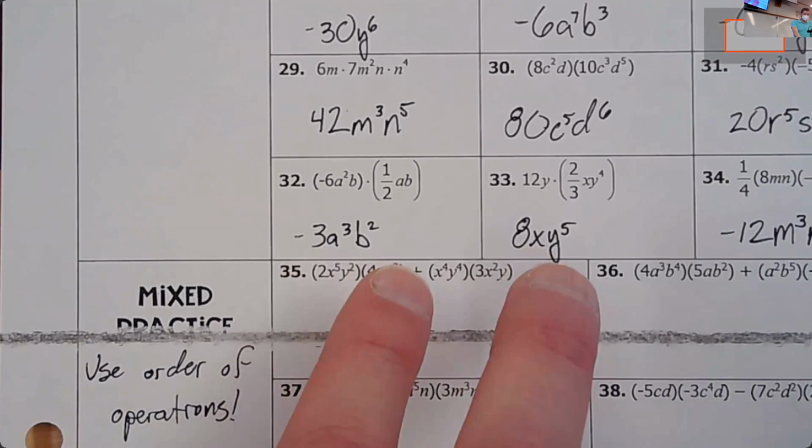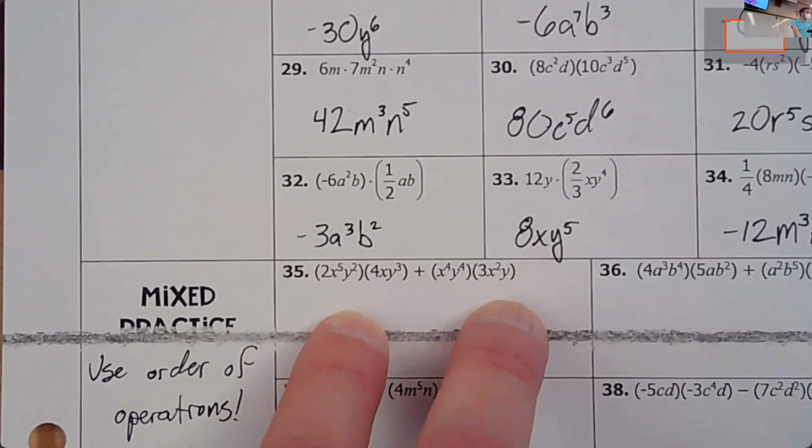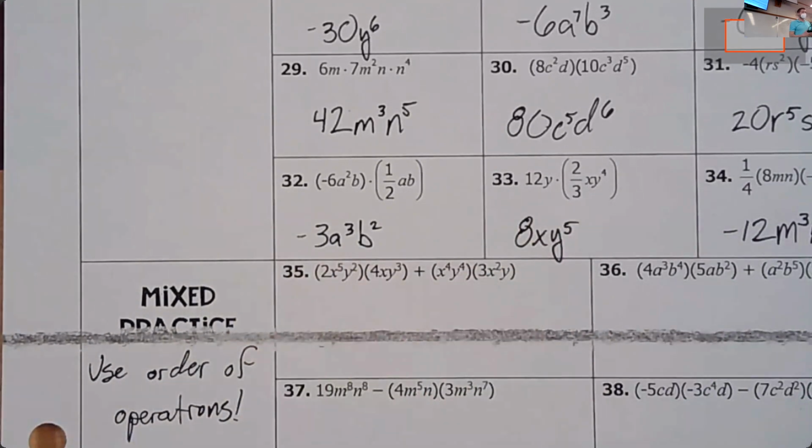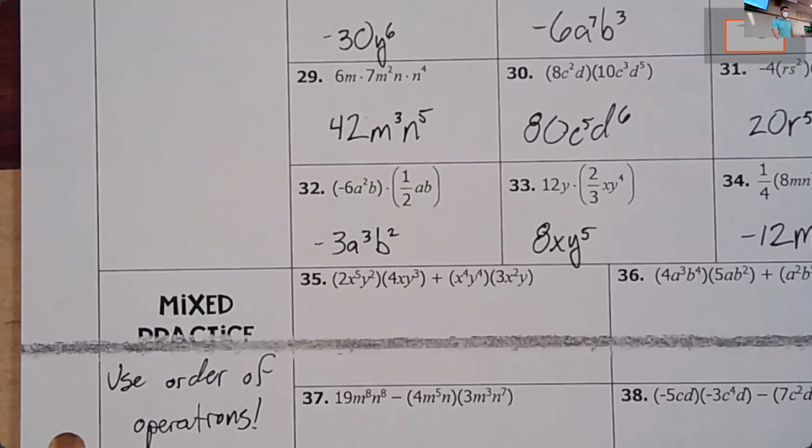When we multiply our terms together, after we multiply them, can we add them together? Do we have like terms? If we do have like terms, then we'll either add or subtract the coefficients. If we don't, then we'll have to leave it as it is. But we have to use order of operations. We have to multiply first and then either add or subtract second. So anytime you're working through a problem, whether it's regular or with coefficients and variables, we still have to follow the order of operations. So with number 35,